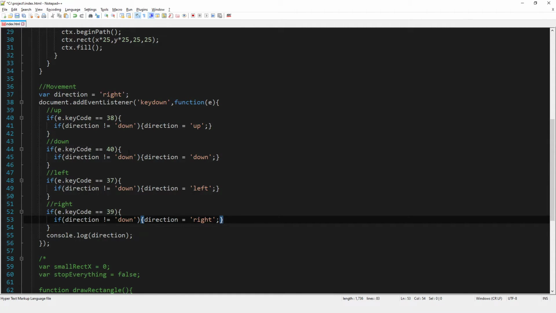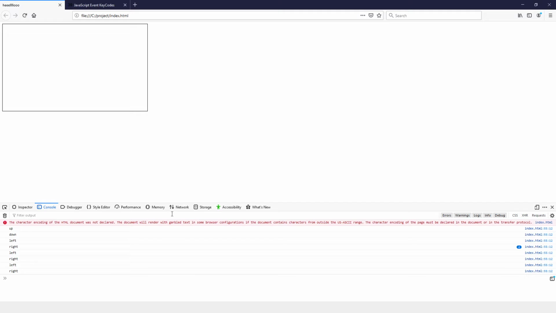And so it's going to be up for down, left for right, and right for left. Okay, save that. Go back to the project, refresh. And so if I'm going to click right, then I'm going to click left, and it's not going to let me do it. It is spouting it out again because I've pressed a button, therefore it will do the console log,